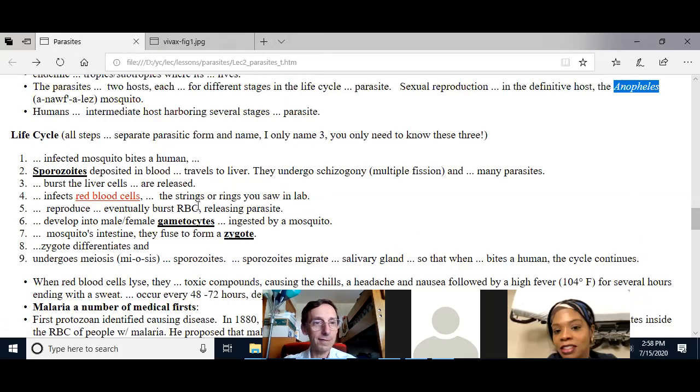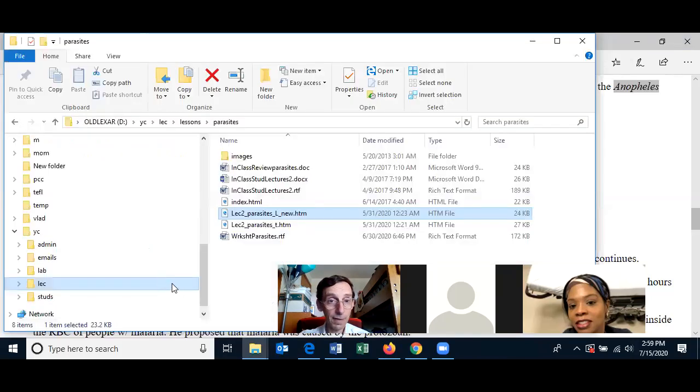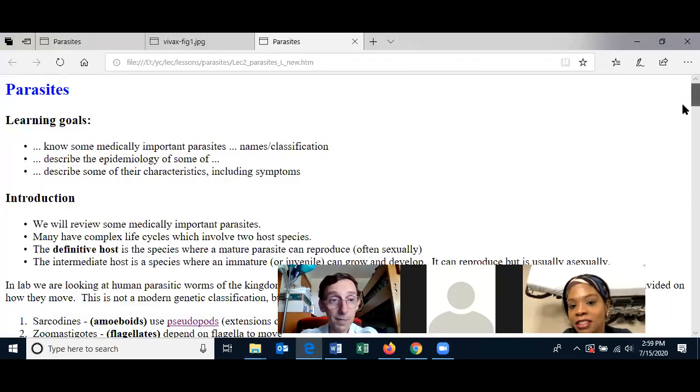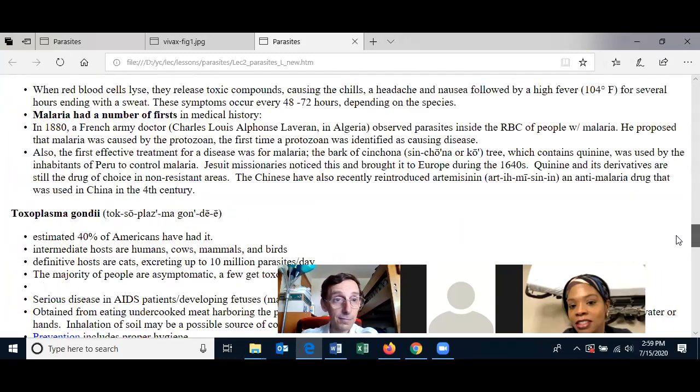Anyways, the infected mosquito, which will have the mature parasite that undergoes sexual reproduction, and when it undergoes sexual reproduction, you then have the production of sporozoites in the mosquito. And the sporozoites will move to the salivary glands of the mosquito, and when the mosquito bites a human, they will produce